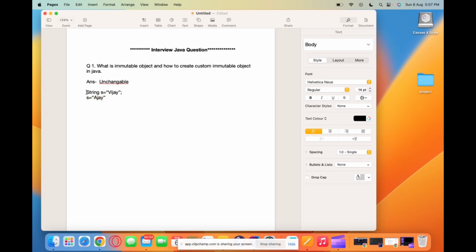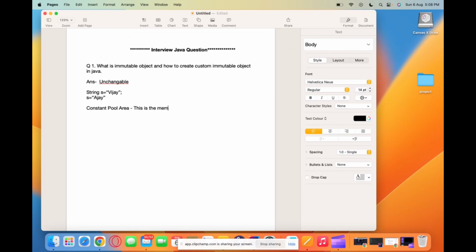because String in Java is an immutable class. This String is an immutable class or object. So once we have assigned any value, you can't modify the value of s. Now, for an immutable object like s, this memory will be stored in the constant pool area. Constant pool area, this is the memory